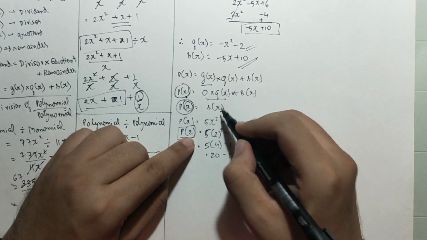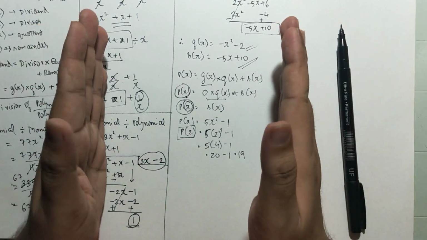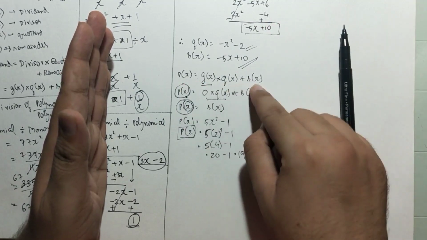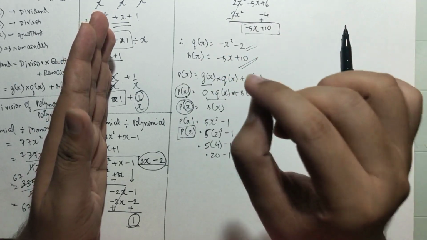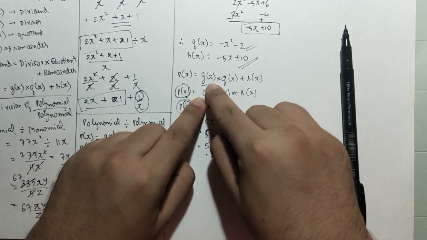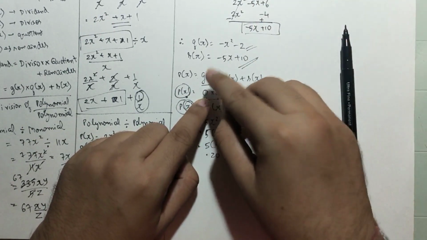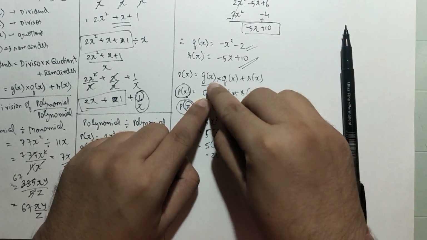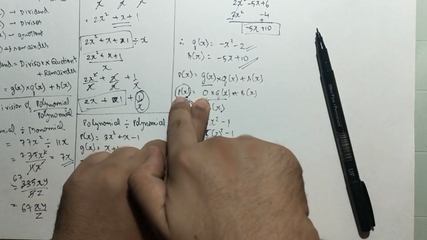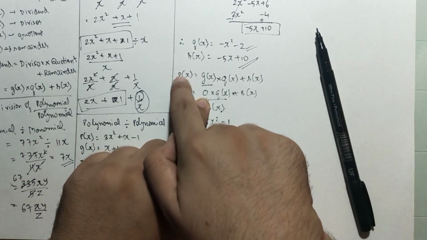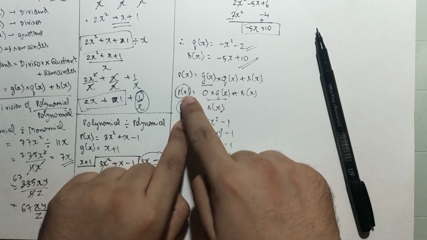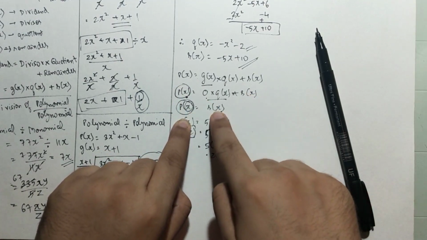अब हिंदी में समझिए, आपको एक डिविडेंड दिया हुआ है, उस डिविडेंड में आपने डिविडेंड इज इक्वल्स टू डिवाइजर इनटू क्वोशिएंट प्लस रिमाइंडर, आपने डिविडेंड के अंदर एक वेरिएबल की ऐसी वैल्यू पुट की जिसकी वजह से डिवाइजर हमारा 0 हो गया. डिवाइजर भी एक एक्स की पॉलिनोमियल था, या ये समझ लीजिए हमने एक वेरिएबल की एक ऐसी वैल्यू ढूंढ ली जिसमें हमारा डिवाइजर 0 हो जाता है. अगर डिवाइजर उसमें 0 हो जाता है और वही वैल्यू हम एक्स की वेरिएबल की डिविडेंड में डालते हैं, तो जो भी डिविडेंड की वैल्यू आएगी वही वैल्यू रिमाइंडर की होगी, क्योंकि हमने अभी प्रूव किया है कि जब डिवाइजर 0 हो जाता है तो उस वक्त जो डिविडेंड की वैल्यू होगी वो वैल्यू रिमाइंडर के इक्वल होगी.